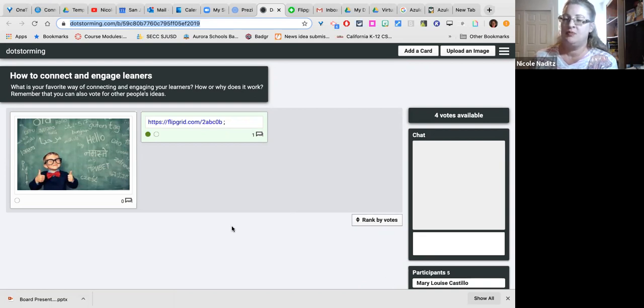So you can upload photos, and you can type, you can paste a link to something else, but you can't audio record or video record. If you have a video saved on another site, you could put a link into that video, but that would be different. So the reason this is called dot storming, if you decide to come in and try it,